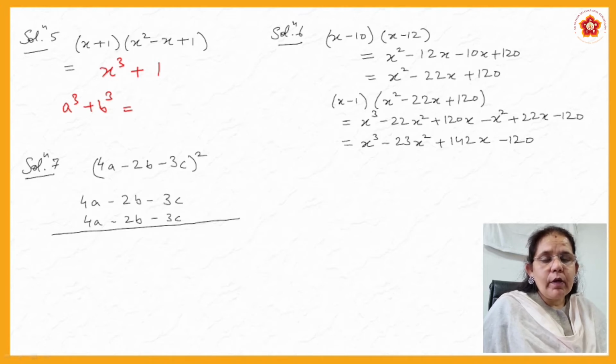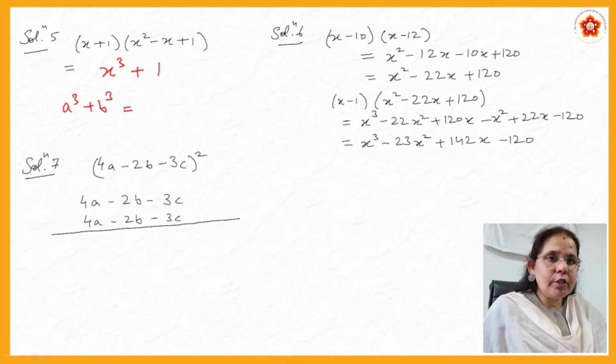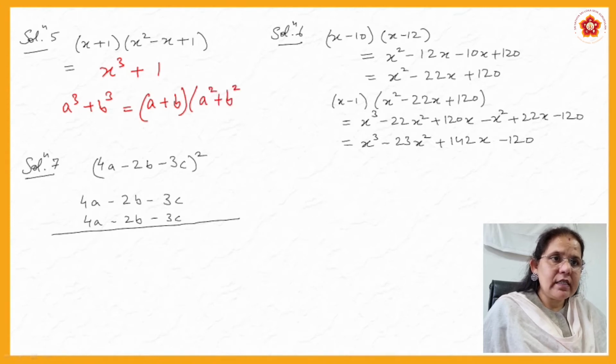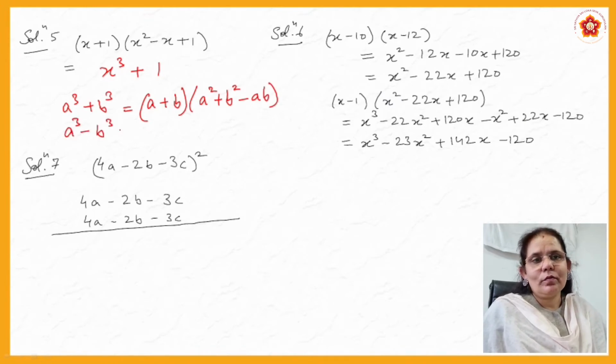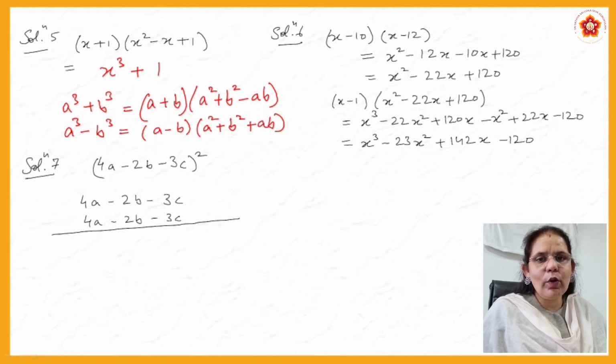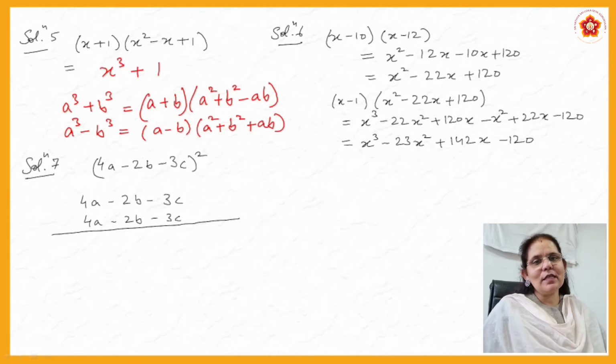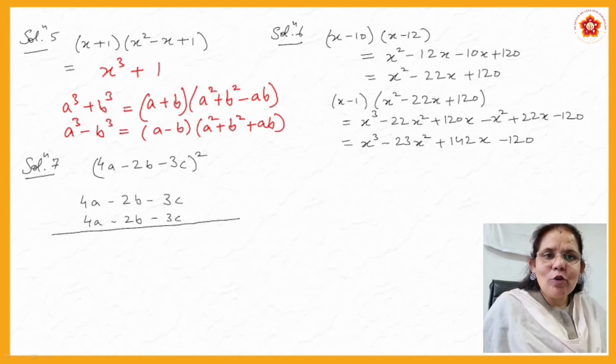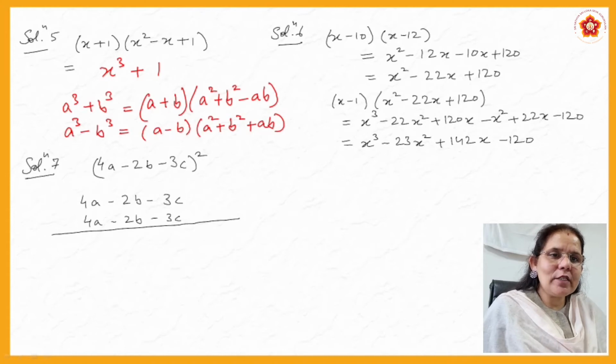You were actually supposed to solve it without using the formula, but ensure that your answer is x cube plus 1. Formula for a cube plus b cube, just for your information, is a plus b into a square plus b square minus ab. And what is the formula for a cube minus b cube? Slight change in it. A square plus b square plus ab. Just see, this minus sign will only be once, whether it is a cube plus b cube or a cube minus b cube. In a cube minus b cube, it comes in this bracket, a minus with a minus b.